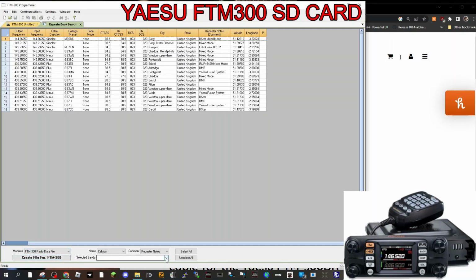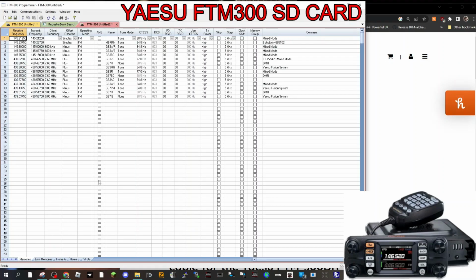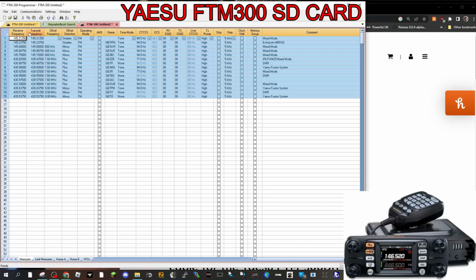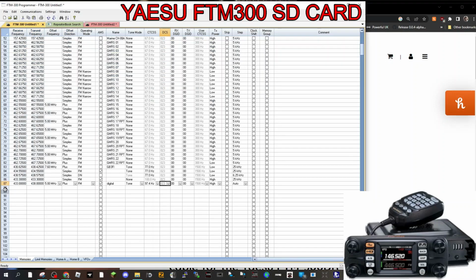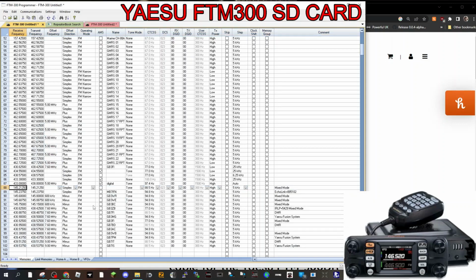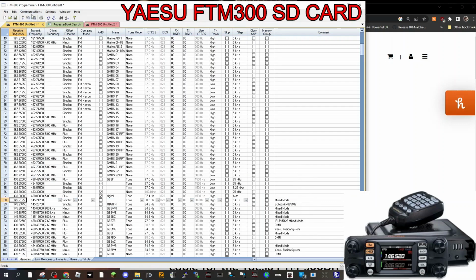Now we can select certain bands if we want. Look, do you see it all there? But anyway, let's just click create file. Once it's created a file, we can copy and paste. So just click above one and then just drag it down like that, and then right click and go copy, or you could do Control C. Okay, copy, then go back to your original file, click at the top of the bottom empty one, go paste, and there you are. You've got all your repeaters, and then you just go